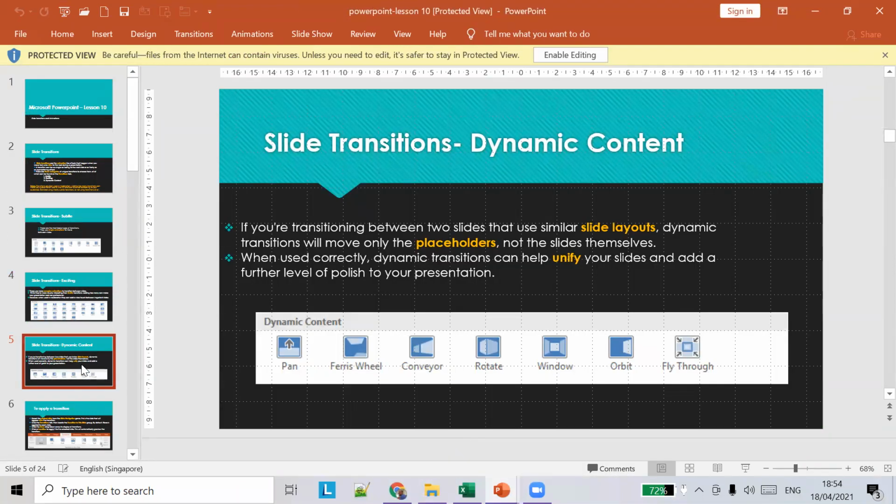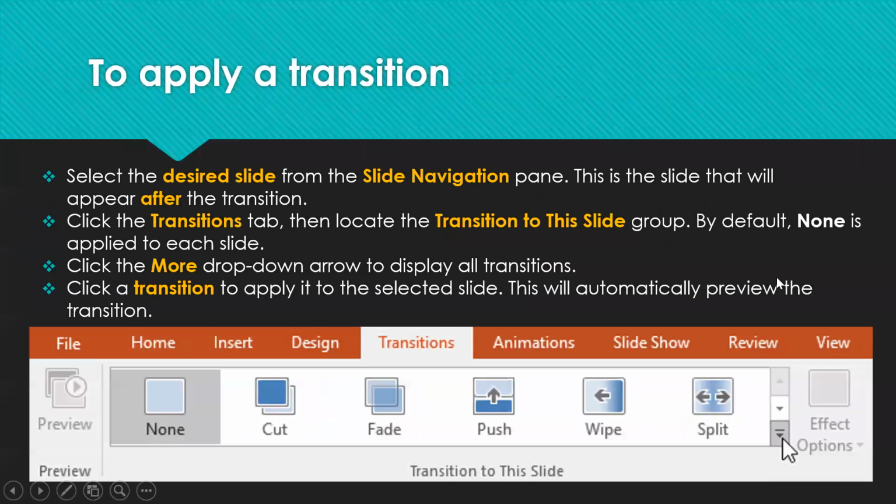Next, we are going to learn about how to apply a transition. We already saw how to apply a transition. Go to the desired slide, selecting it from the side navigation pane.